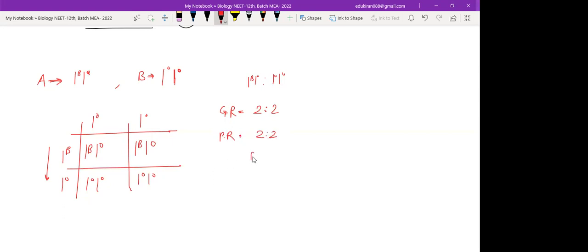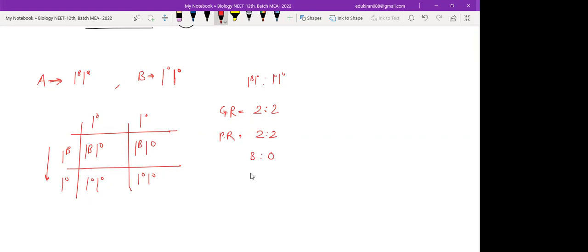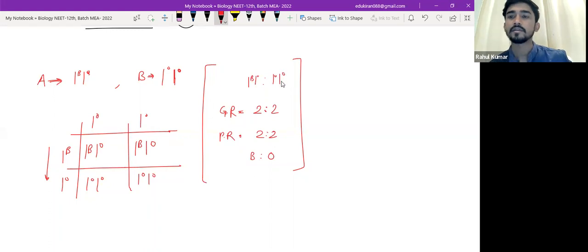And what are the possible phenotypes, blood groups? B blood group, or O. There is no possibility of A here, right? Yes. So now you understood that. These are the questions that can be asked in boards. Now in entrances, they just make a scenario. So the scenario is